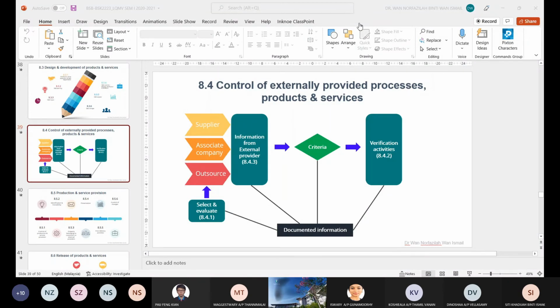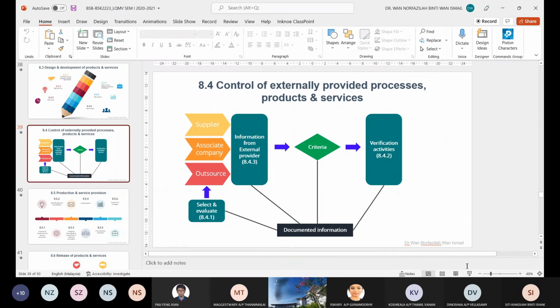Okay, and your answer is correct, Amira Akilah. Pao Feng Kian is also correct. We are not only talking about suppliers, but also about other companies that can provide the services, outsource. Coach Sheila: like if we need to get a result of a sample, but we do it using external sources to fulfill it. Okay, thank you very much. Dino, I think your answer is similar to Nur Amira Akilah. Thank you very much.